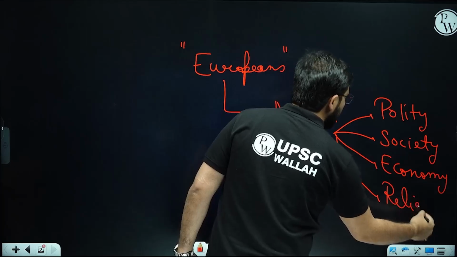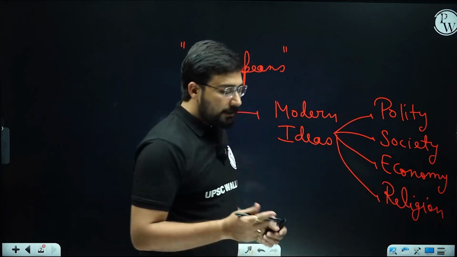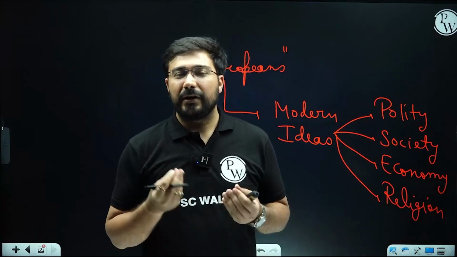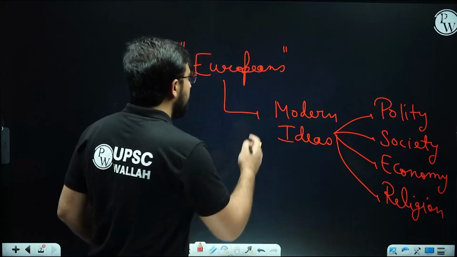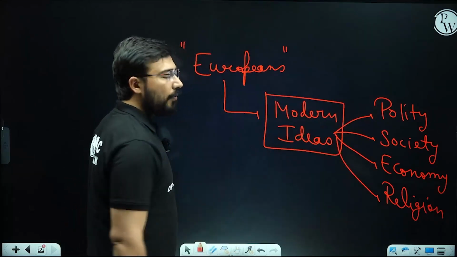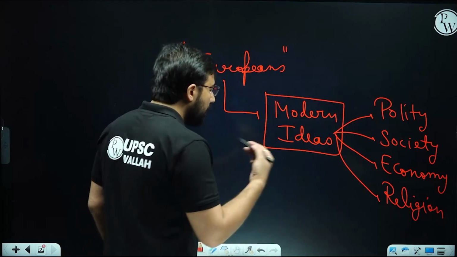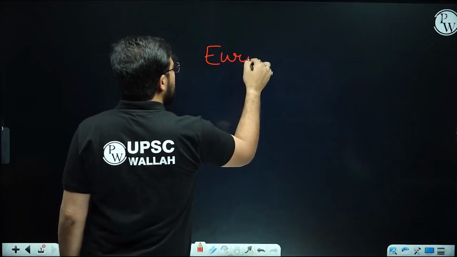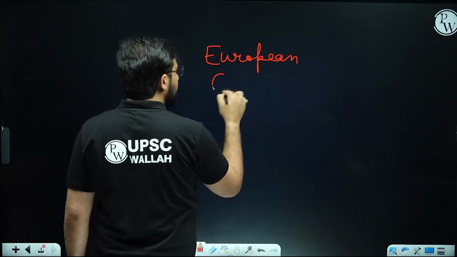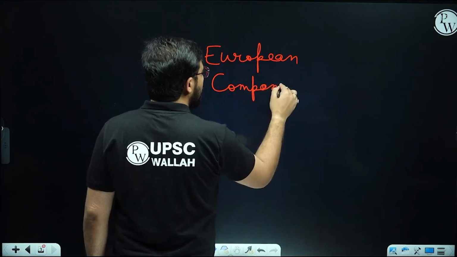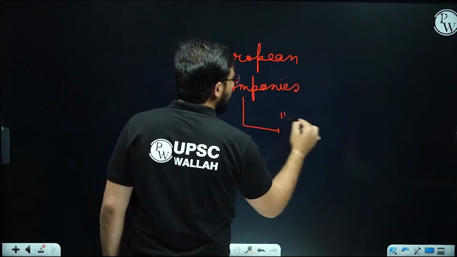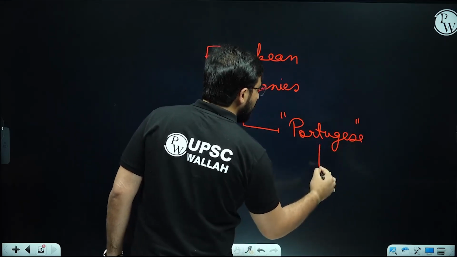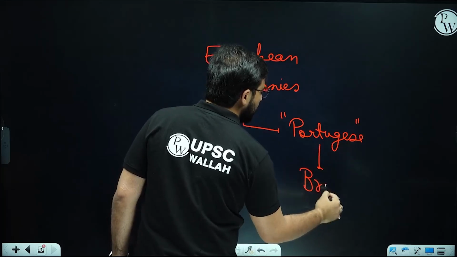Whenever somebody asks you what is the meaning of modern, modern is nothing but a set of ideas which are now regulating our polity, economy, society, and religion. So this society that we have right now is based upon modern ideas. The beginning of the word modern, we often link it to these European companies. Today we will discuss in detail about these European companies. Then we'll understand what kind of impact they had on India. All of you know that the first one to arrive was the Portuguese. And then the most important for us, that is the British. Right?